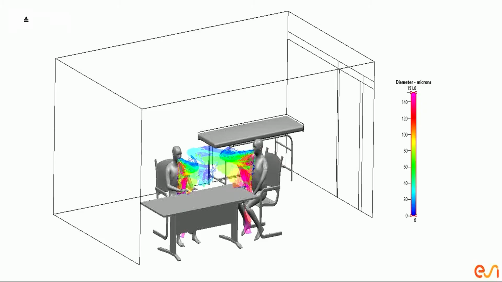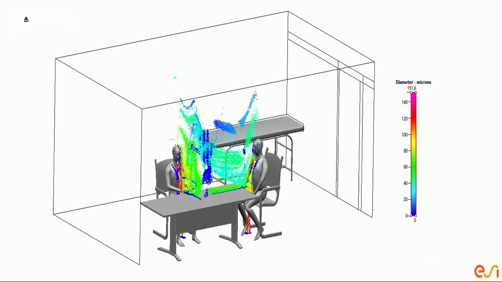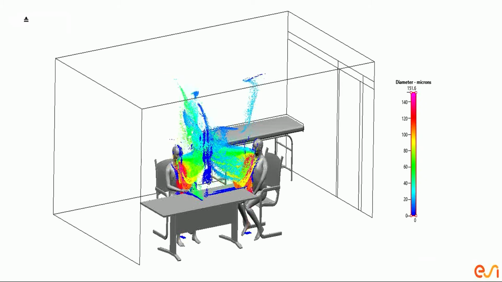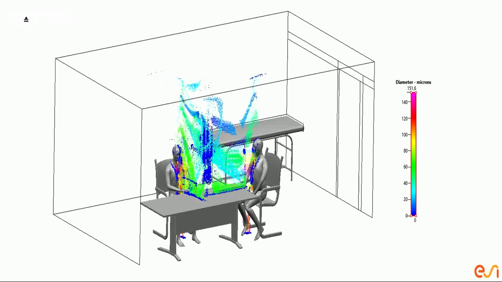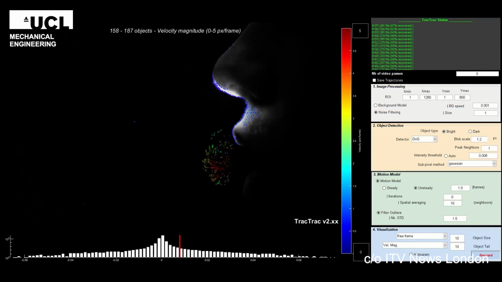We can take these androids into places we're interested to explore and assess how the droplets actually move around in real locations. We can then build computer simulations, and then we can rapidly scale those up to understand how mitigation, such as face masks or fans or other types of ventilation, or indeed air filters, can impact on the risks